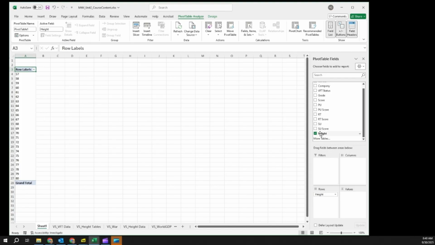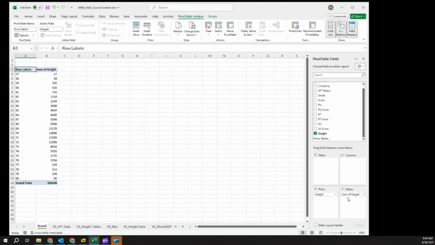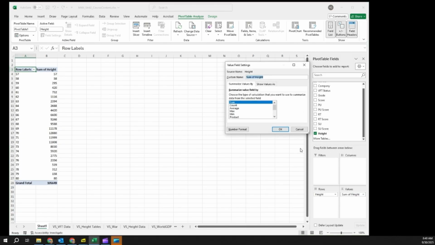What I'm going to do is grab height and click and drag down to the values section. We are almost there, but notice that this says sum of height, instead of what I want, which is a count of the heights. How many have this particular height? We don't want to add them up. So I'm going to come back over here to the right hand side. I'm going to click where it says sum of height. A menu comes up, value field settings. I'm going to click on that,